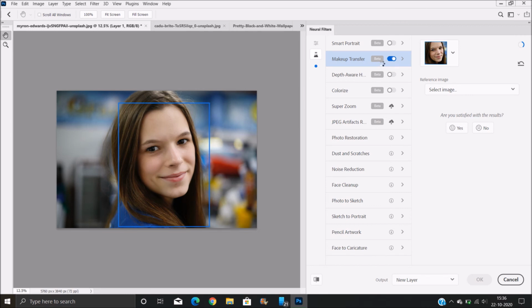So go to the beta filters and turn on Makeup Transfer. Now from here you have to select the image from where you want to apply the makeup.